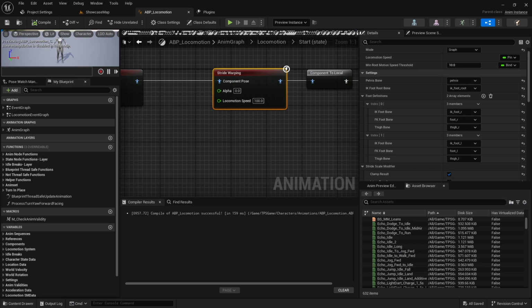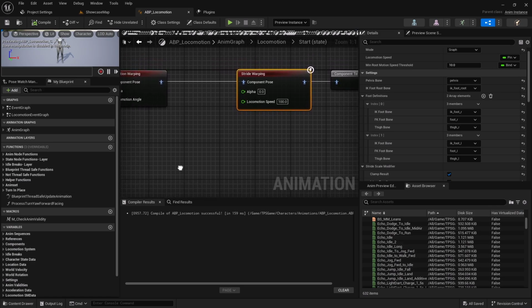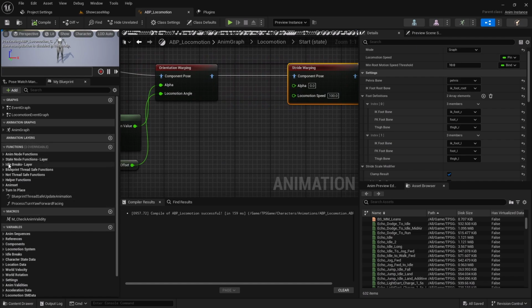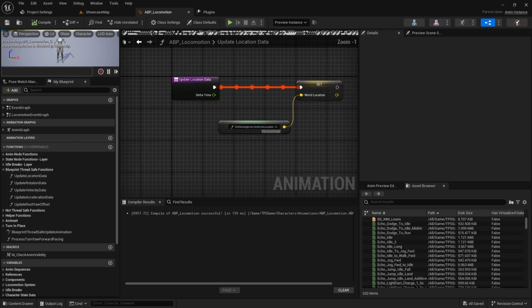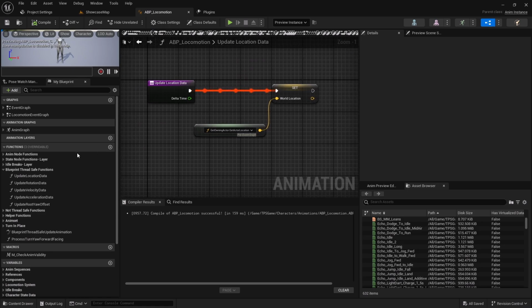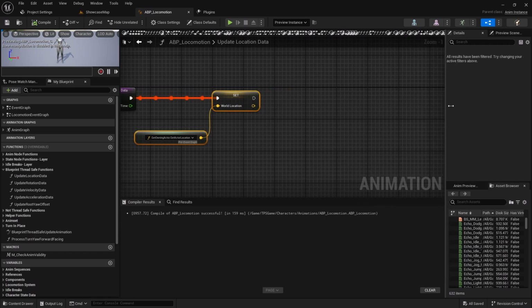Right. So let me quickly look at my documentation. Okay, so we have a thread safe function called update location data, right? Here we are simply capturing the world location only for now, right? Yeah, so let's calculate the displacement